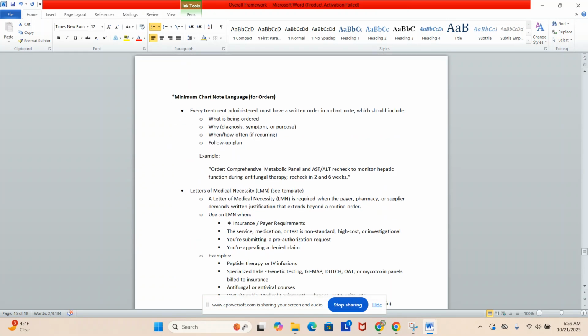And now I have a little section here about medical orders. So every treatment administered must have a written order in the chart note, which should include what is being ordered, why, and the rationale, when, how often, if it's recurring, as well as a follow-up plan, which might include a re-exam or a recheck. So we basically need the system to be smart enough to understand that this is a